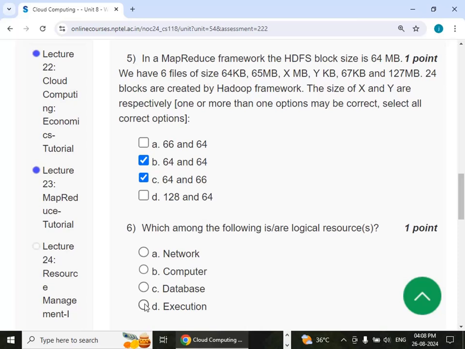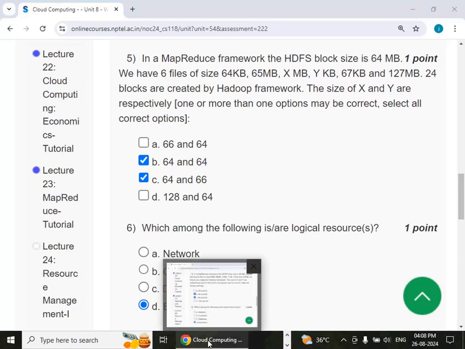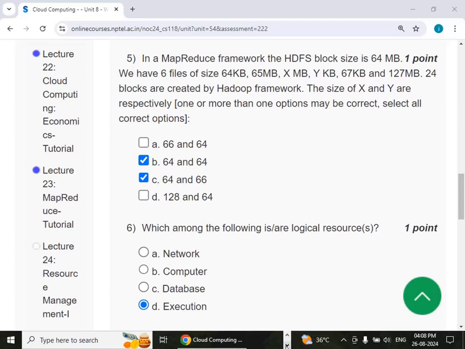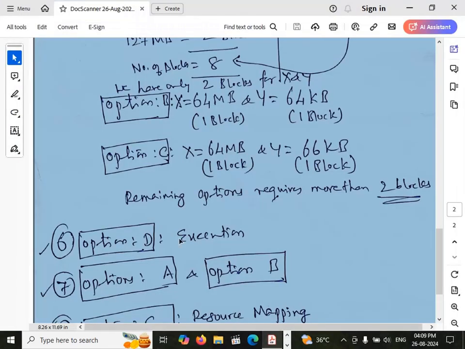So logical resource is execution unit, sixth one. So sixth is option D, execution. Sixth is option D. Next one,